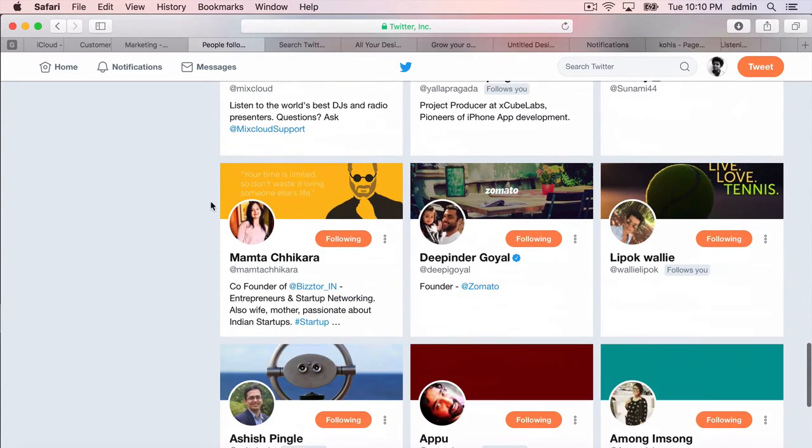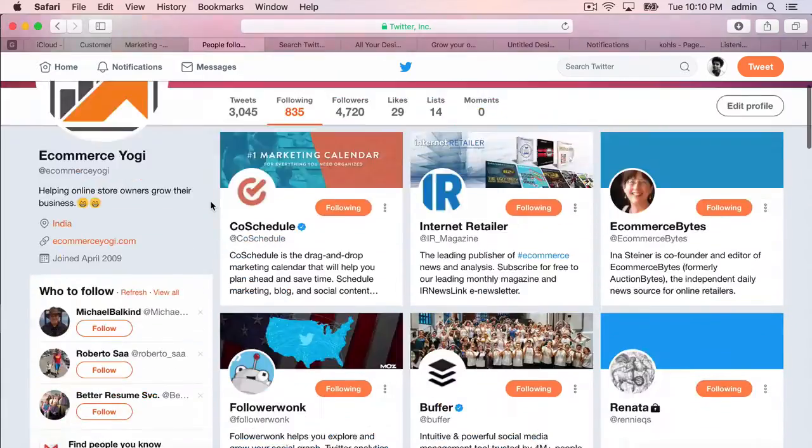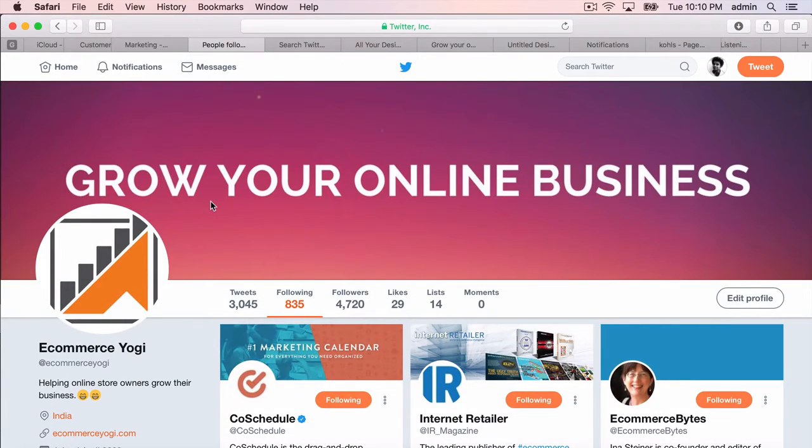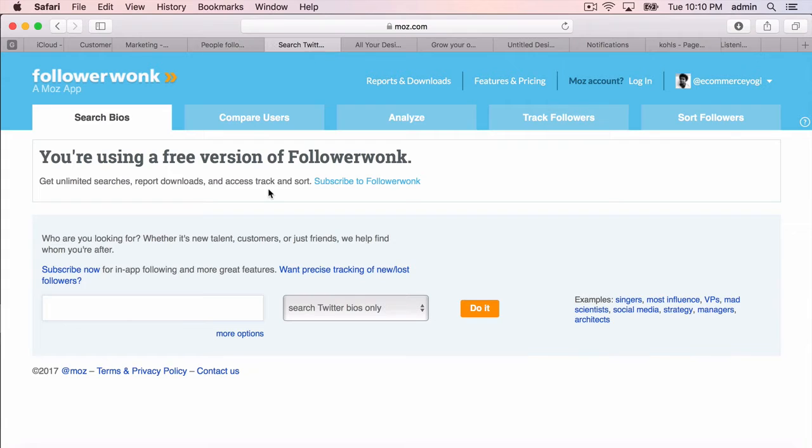Once you know how to set up a Twitter profile, now it's time to connect with influencers who are in your industry on Twitter. For that, you'll be using a tool called Followerwonk. Followerwonk is a tool which has been bought by Moz, and Followerwonk has a free trial too. So you can just create a Followerwonk account by going to followerwonk.com or moz.com, and you enter